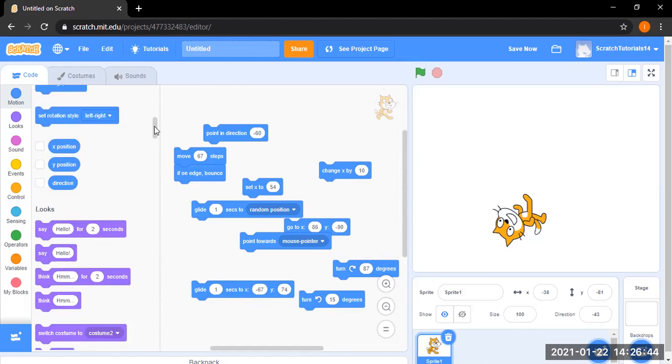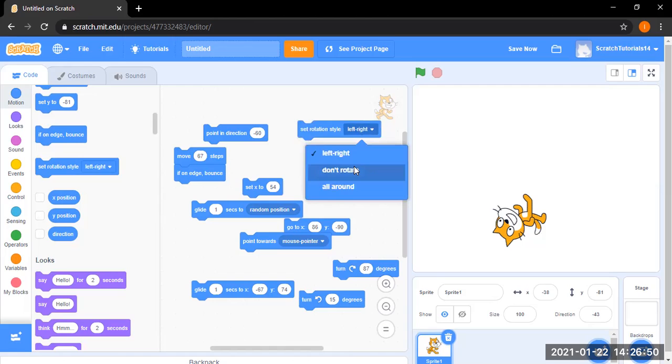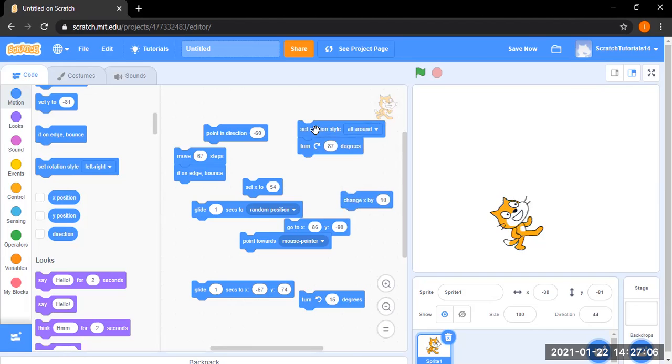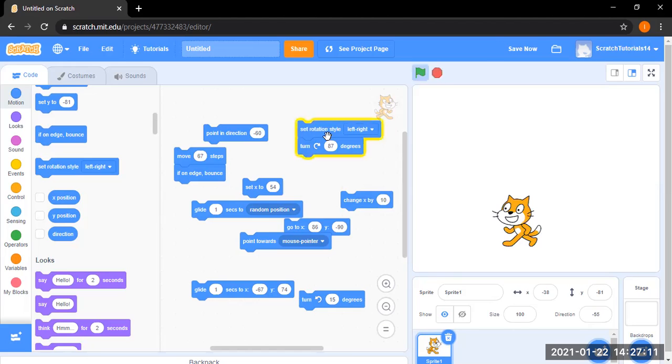And then set rotation style left, right, all around. Let me see. We have to rotate it. No, remove this one. And then change it to left, right. And don't rotate. I won't rotate now. So yes, that's it, except for like